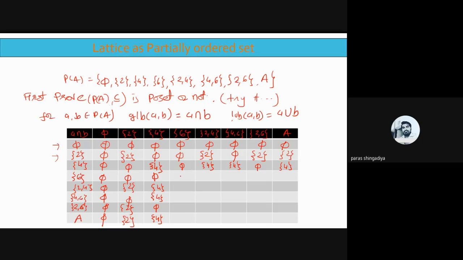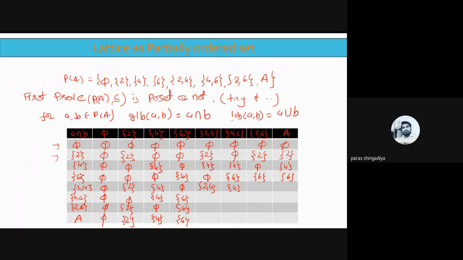And after that, singleton 6 with 6, the answer is a 6. Then after 2 4, answer will be 5. 4 6, answer will be 6. It is also 6, and here it is also 6. Clear? And now 2 4 with 6. Sorry, first write down this value here. That is always will be same, and it is a 6. Clear? 2 4 with 2 4, so answer is a 2 4 intersection. ठीक है? 2 4 with 4 6, तो 2 4 और 4 6 में answer क्या है? 2 4 और 4 6 में answer 4 is a 4 only.